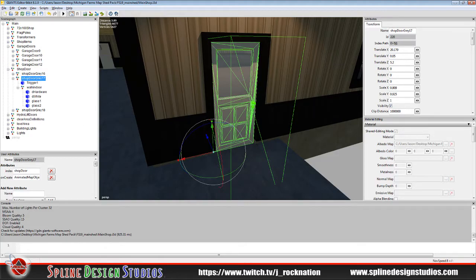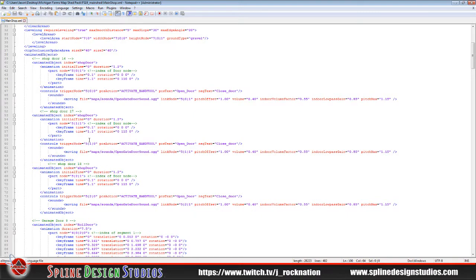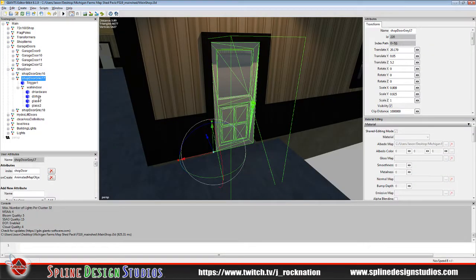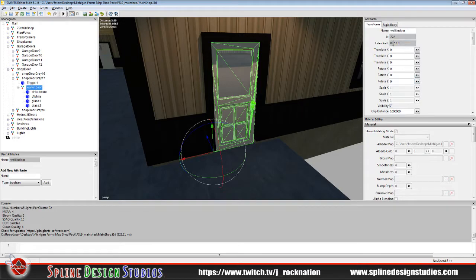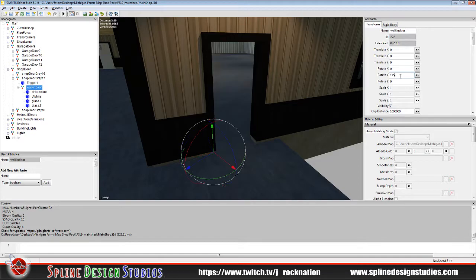Just to show, there's only 2 keyframes on shop doors: one for the close position, which is at 0, and one for the open. In this case, we have 115 degrees of rotation with that pivot in that proper position. So there's your X, Y, and your Z. On the Y, it's 115 degrees of rotation on this entire transform for the walk-in door. That's our main part node, just to summarize. So on the Y, for this one here, we have 115 degrees of rotation, so that's how far it'll open